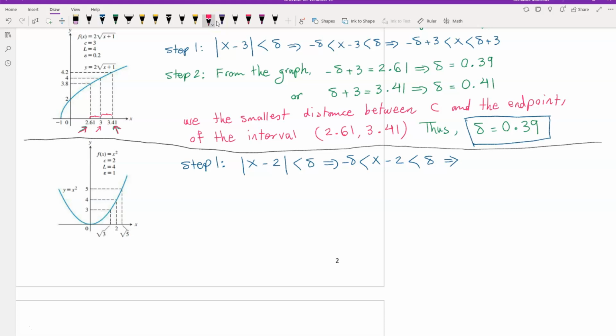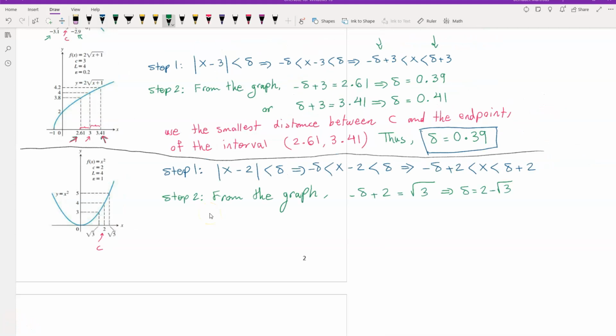Now here in this graph, our C is 2. So using absolute value of x minus C less than delta, here we have absolute value of x minus 2 less than delta, solving for x. So what we have inside the absolute value, x minus 2, is between negative delta and positive delta. That implies, solving for x, x is between negative delta plus 2 and positive delta plus 2. Step 2, from the graph,